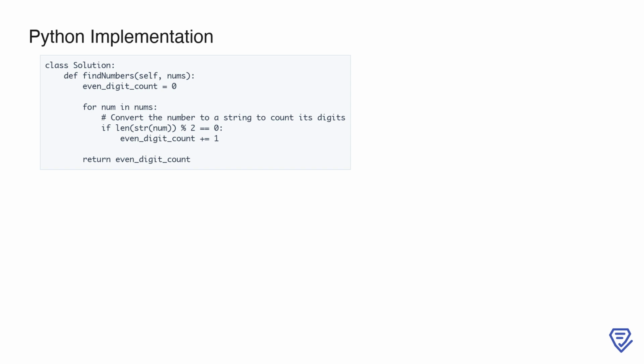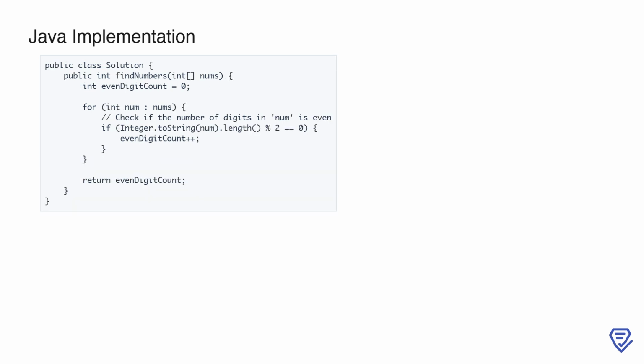Space complexity. The space complexity is O(1), since no additional data structures are used apart from a single integer variable for counting. This solution is efficient, clean, and handles all edge cases gracefully, making it a robust solution to problem number 1295 on LeetCode. This is the Java implementation of LeetCode problem number 1295, Find Numbers with Even Number of